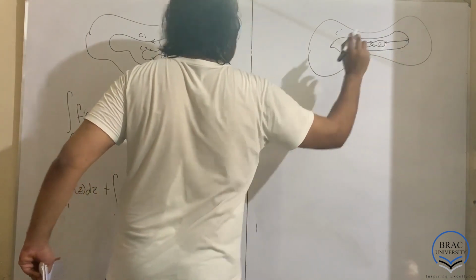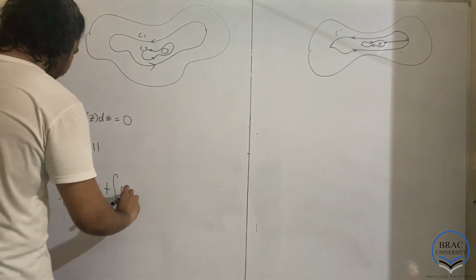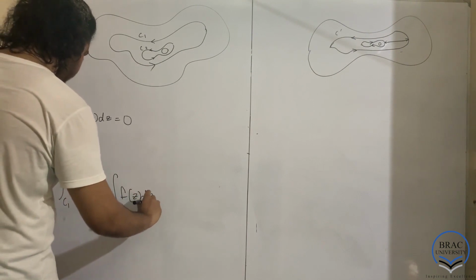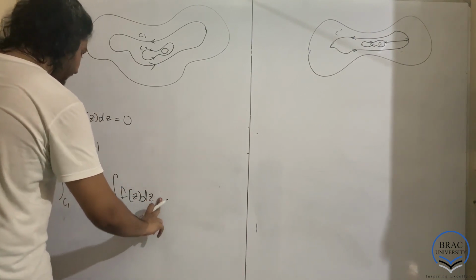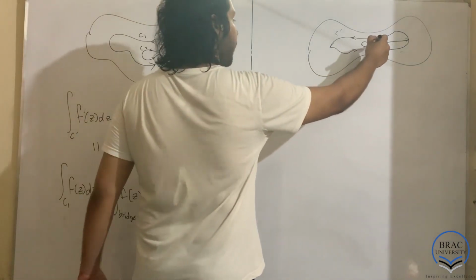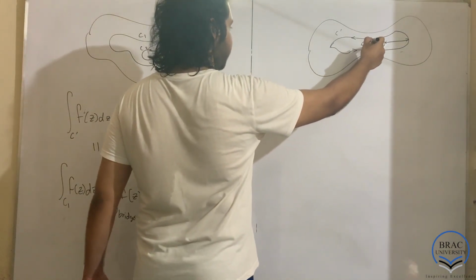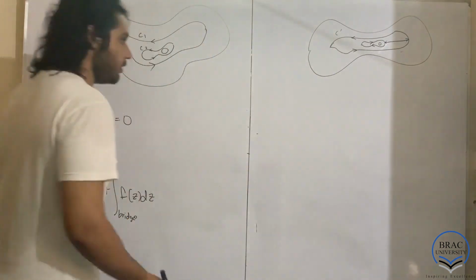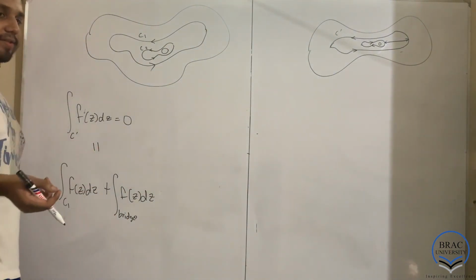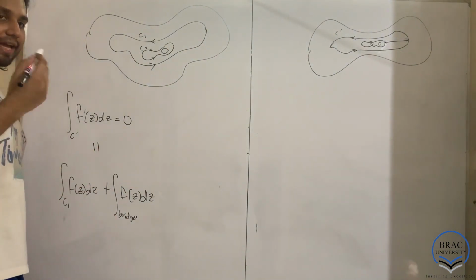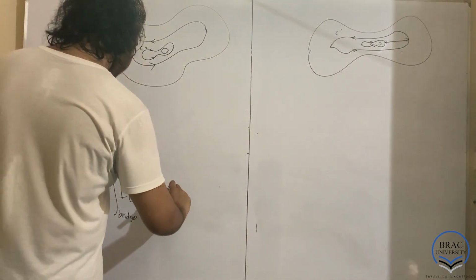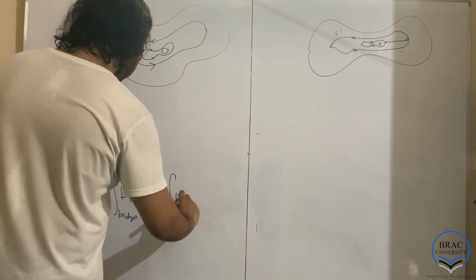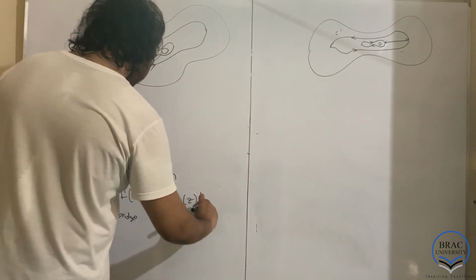Then f of z dz, minus. Since C2 is not oriented in the anti-clockwise direction, it's oriented in the clockwise direction, we have to introduce a minus sign since it's going against our notation of what positive is in our integrals. So we have minus f of z dz